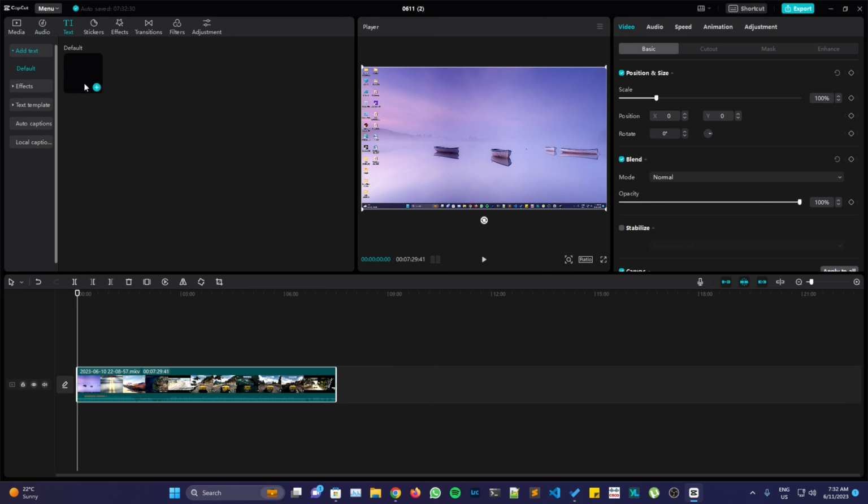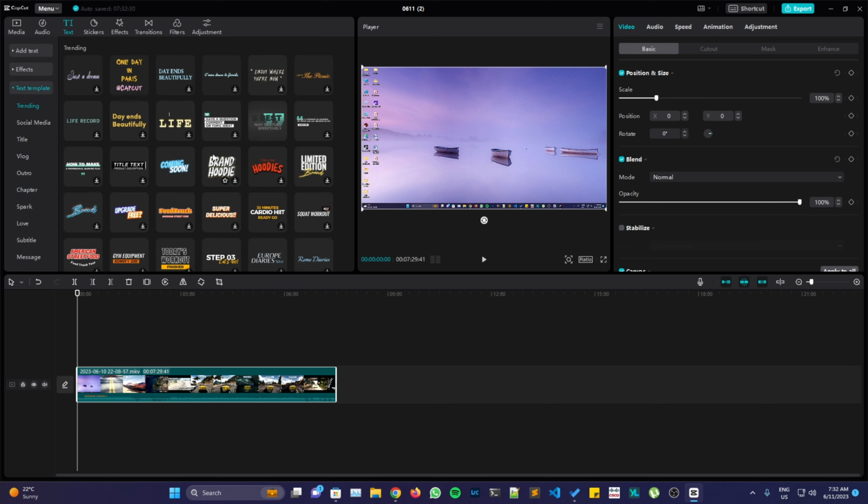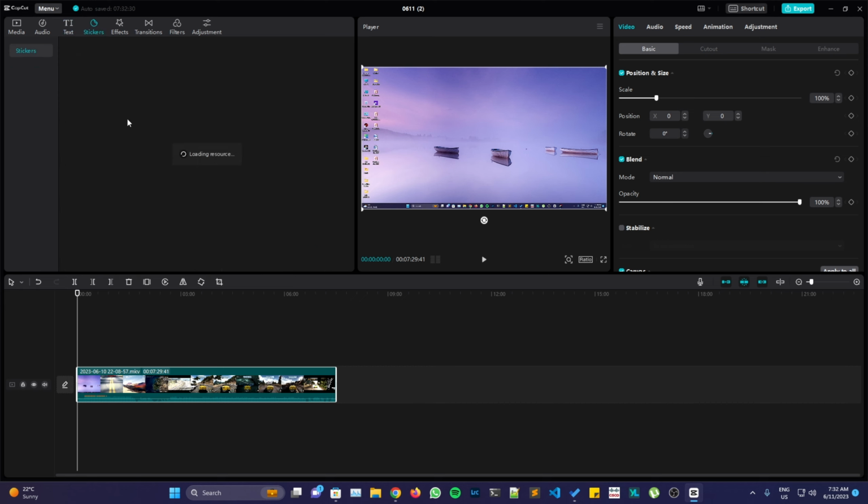This is the text effect window. There are text templates you can use. Some of them you need to download from the internet, so you need a working internet connection to use these effects. There are some stickers you can use